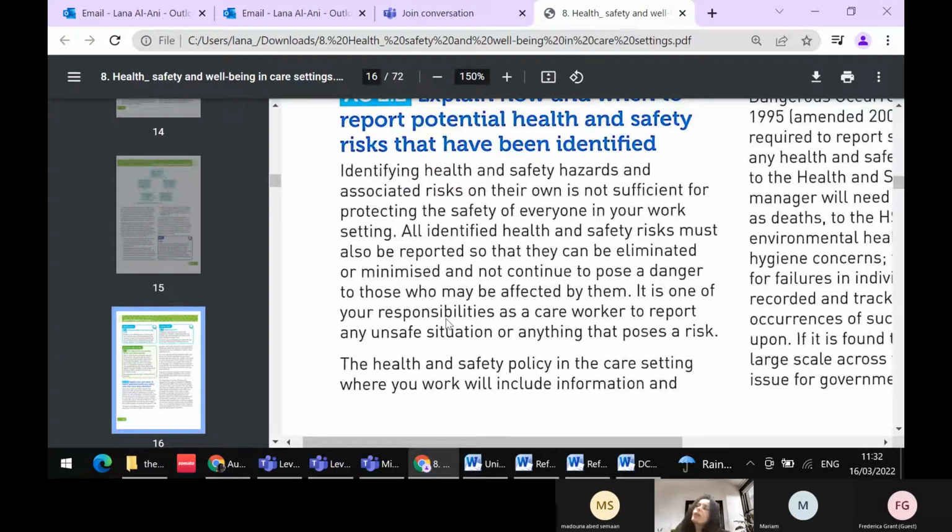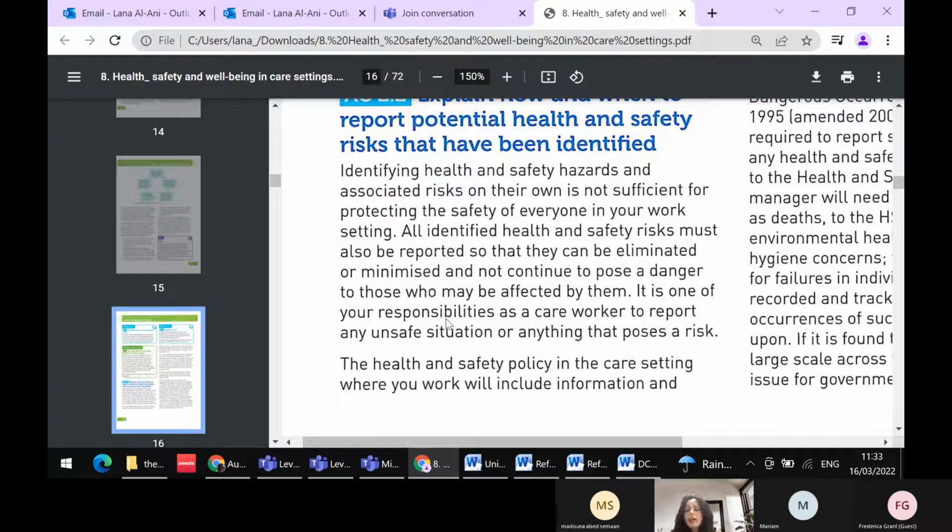Like I see there is a faulty machine and people are getting electric shocks. Let us say one of the people I care for, and then on the second or third day, I see another person coming and telling me that he had an electric shock. So first of all, I need to identify it. I need to know that this machine is faulty because it has so many issues. Then I need to report it. It's very important. There is no point in identifying faulty things without reporting them.